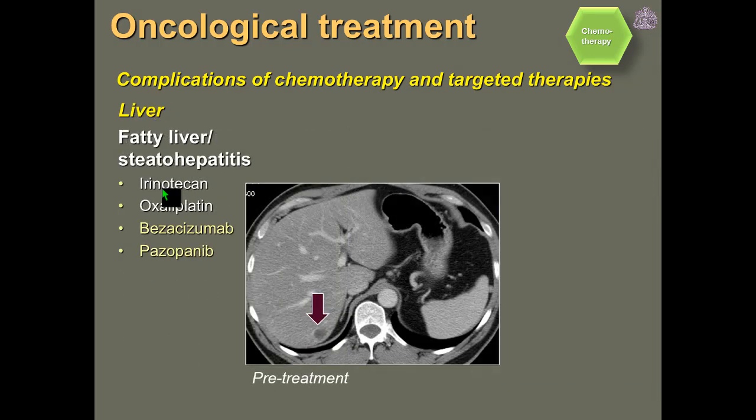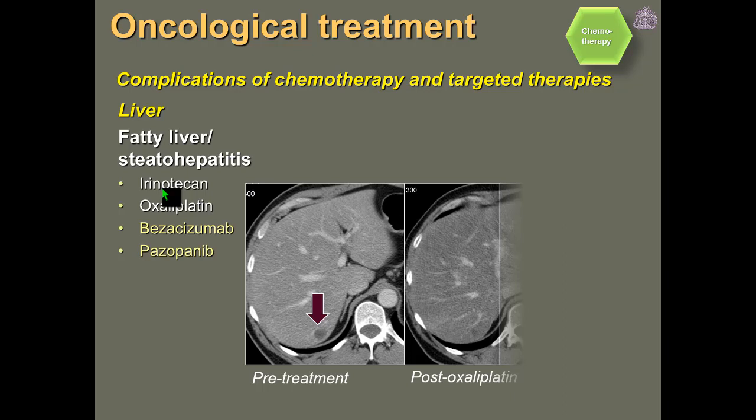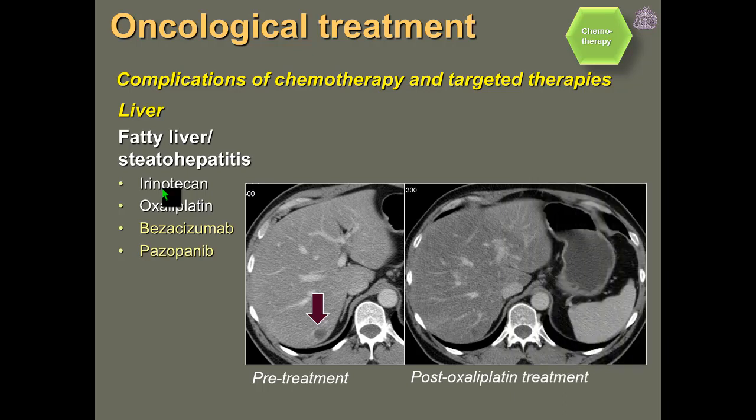Now, steatohepatitis in the liver is very common. It's associated with common cancers, such as colorectal cancer. And it's not uncommon that if you treat a patient with colorectal metastases, as this example is, you will end up with diffuse hepatic steatosis that may actually obscure the underlying metastases. So we really have to think about how you might want to follow up these patients as they develop steatosis